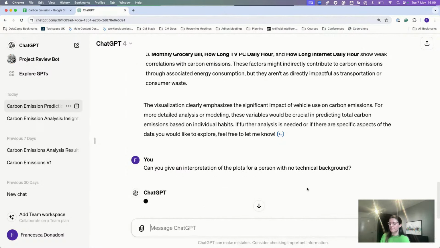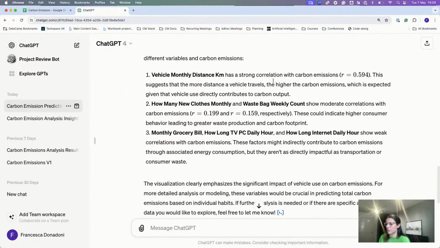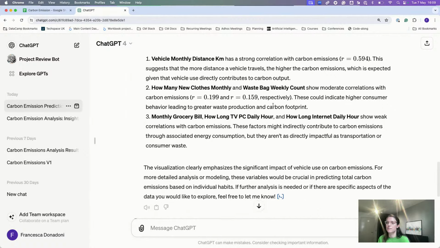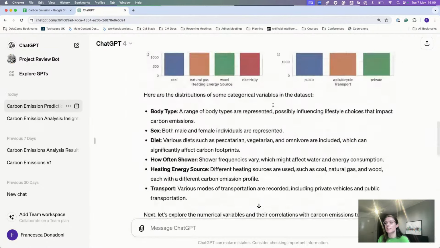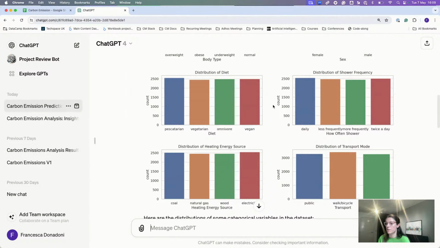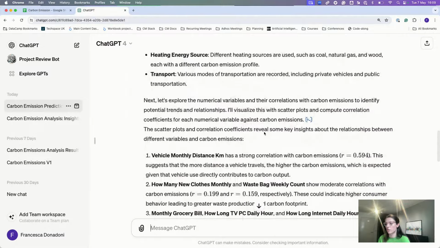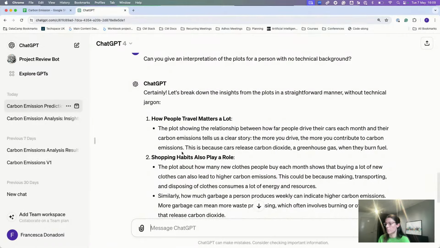Here we go. And I'm hoping that we will at least explain things like a correlation in some more clear way, and maybe give some interpretation of the plots that are made. Maybe saying something about how the variables are well balanced, or maybe giving it more. So actually, it's going